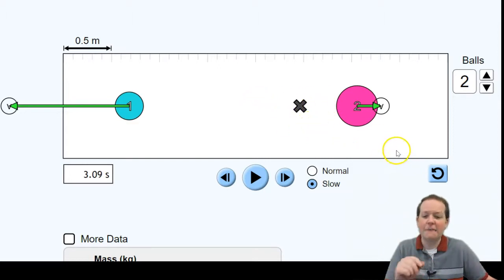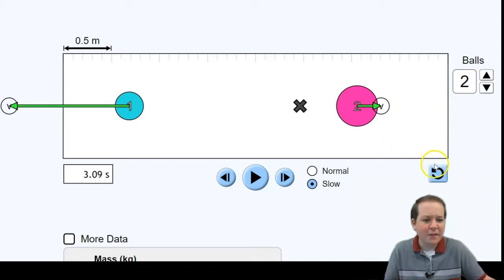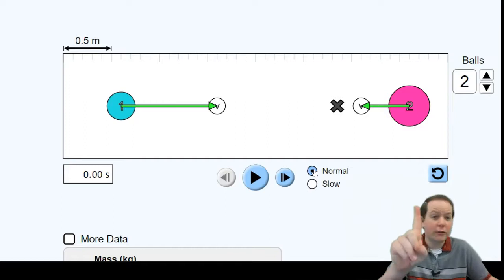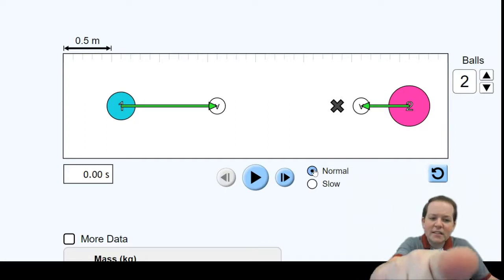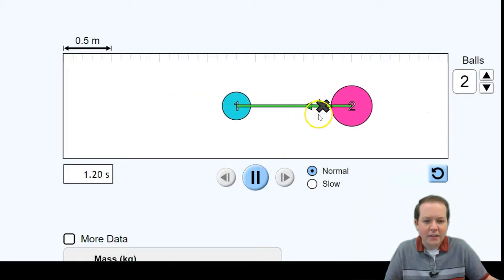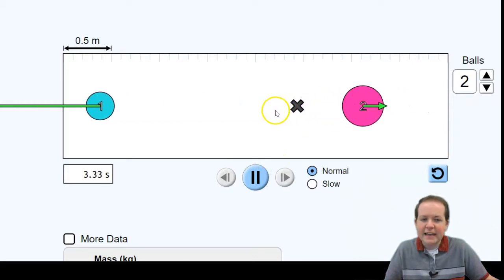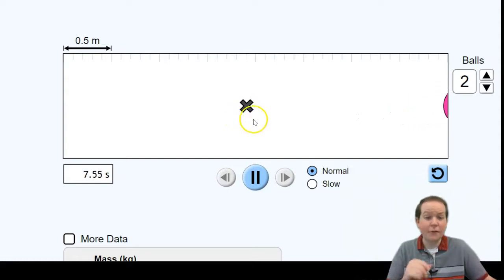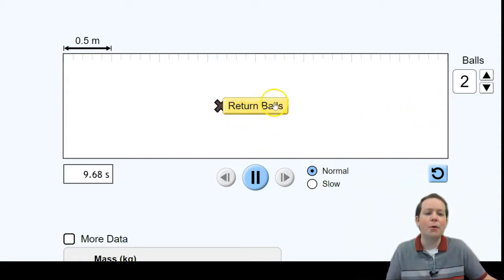That's hard to tell. In fact, your eyes kind of want to deceive you when you do this. What I recommend, I'm going to hit this at normal speed. Take your finger, literally, if you're watching this on the TV or on your laptop, put your finger right next to where it's located and move your finger along with this center of mass. You'll notice that while it's moving slowly, it continues moving in that same way before and after, even though there's a collision. Since the momentum is conserved, the velocity of that center of mass is constant.